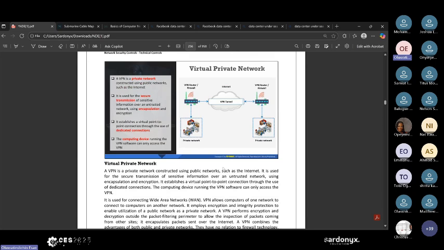Then VPNs. A lot of people don't understand the technology of VPNs. But I also only mention a few technologies because it might be complex for a lot of people over here. But I will just explain in layman's language as much as possible. And there's always a myth that most of you, if you use all these software-based VPNs, for example Norton and so on and so forth, you believe that you are entirely safe on the internet. It doesn't work like that. The fact is that most of you don't even know that when you go to these VPNs, they also have access to information. And your VPN works after your ISP.